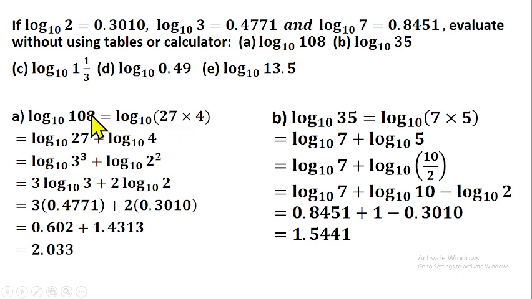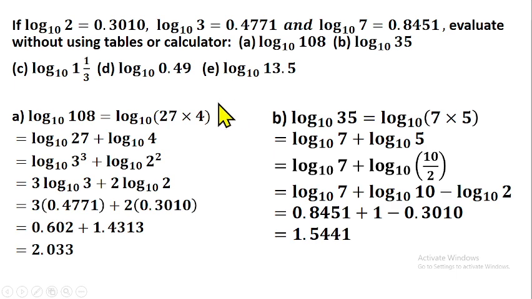27 times 4 will give us 108. But we are not given 27, we are not given 4. But I can still simplify 27 and 4 further to showcase 3 and 2. How? Okay, before we do that, using the laws of logarithm, when I have log 27 times 4, this is